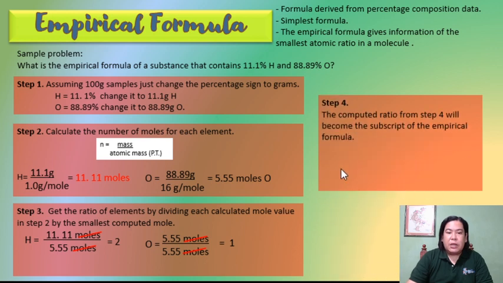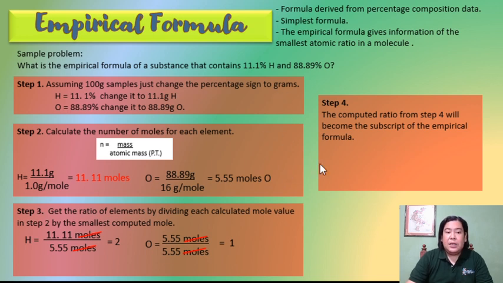Okay, for our step 4, the computed ratio from step 4 will become the subscript of your empirical formula. So in this case, the computed value is 2 and 1. So kung i-derive nyo na ngayon yung inyong empirical formula, paano yung pagkasunod-sunod ng element? Kung ano yung pagkasunod-sunod ng element doon sa problem, yun din yung pagkasunod-sunod ng element doon sa inyong derived empirical